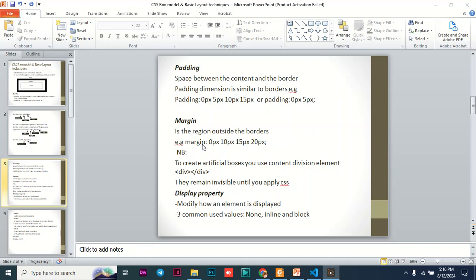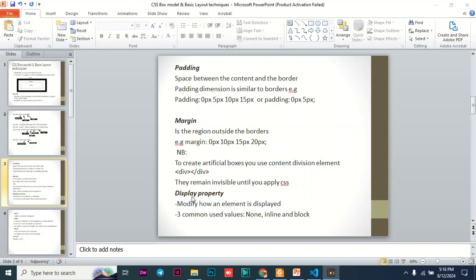But supposing you don't want this kind of specificity, maybe you want specificity for each and every element, you can apply what you call the div. A div is an artificial box you use in your HTML or in your web page. You can only see this artificial box when you make use of CSS. So CSS is the only way you can make use of the divs. We'll be looking at the divs as we go further, but let's talk about the